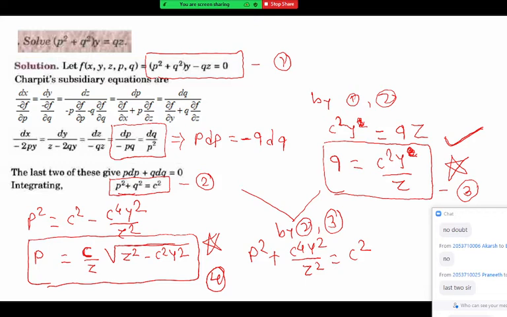We use dz equal to p dx plus q dy. Yes, very good. So we always replace these values of p and q in the equation known as dz equal to p dx plus q dy and integrate. So if anyone has a doubt up to getting the values of p and q, you can tell me. Once you complete this much, I will show you the remaining part, that integration. So the important thing is getting the values of p and q in terms of x, y, z.